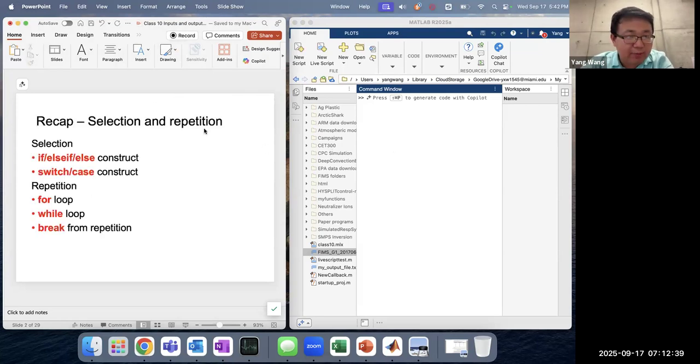So if we do a quick recap of our last class, we talked about the selection and repetition in MATLAB. I think in the future, if you're going to deal with larger data sets or if you want to do repetition calculation or iterations, these structures will be quite important. As you can see later on, we're going to involve some more examples so that you can practice with these